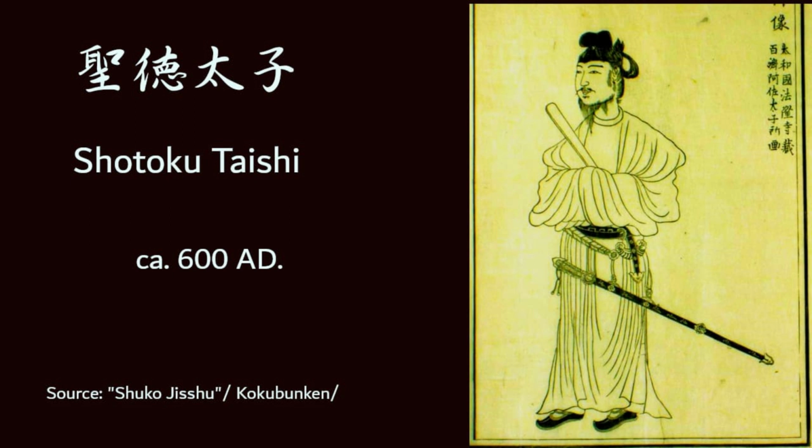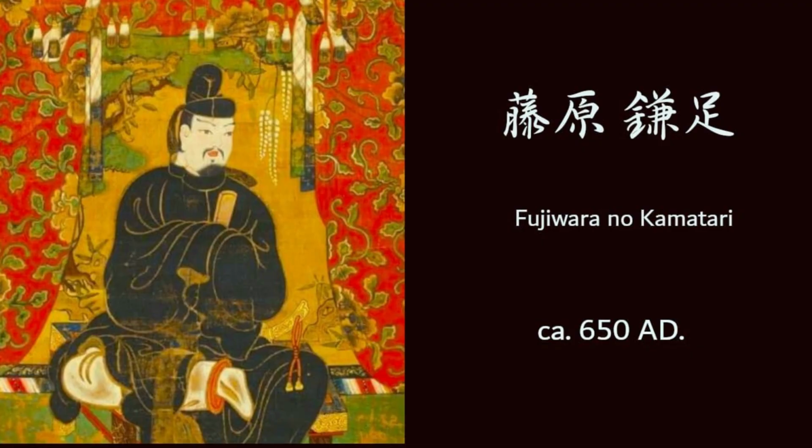After him, Emperor Tenji destroyed a rival powerful family and assumed real power. He began to introduce a Chinese political system. At his death, he bestowed the family name of Fujiwara on his chief vassal, Kamatari. This was the beginning of the Fujiwara family, which would gradually take the lead role on the front stage of history.